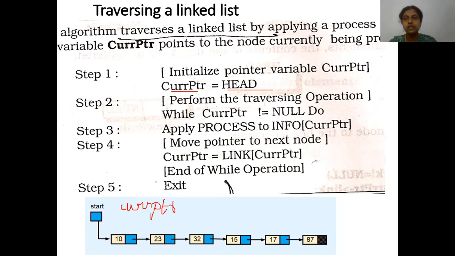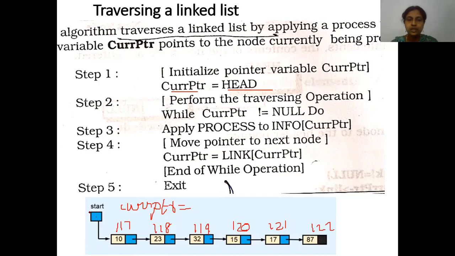Until the current pointer, what value would have been there? The head position value would have been stored. The same thing we will try with one example and work it out. Consider the addresses of all these nodes. The address of this node we will take as 117, this node 118, this node 119. Then it will be easy for us to understand the concept. This is 120, this is 121, this is 122.